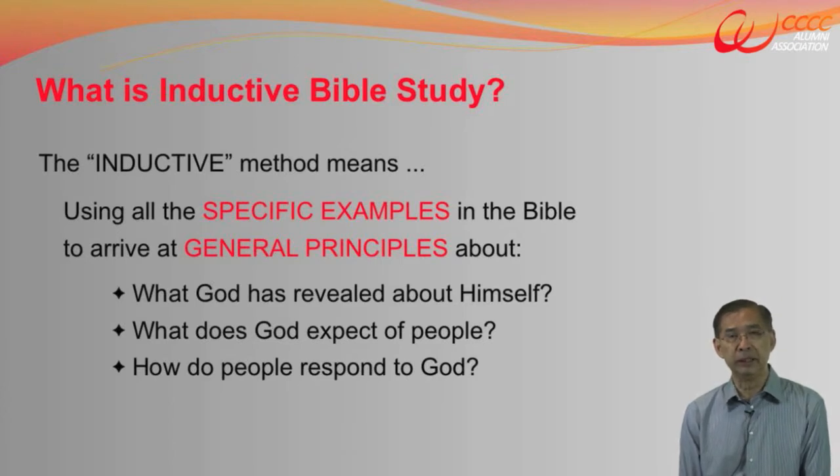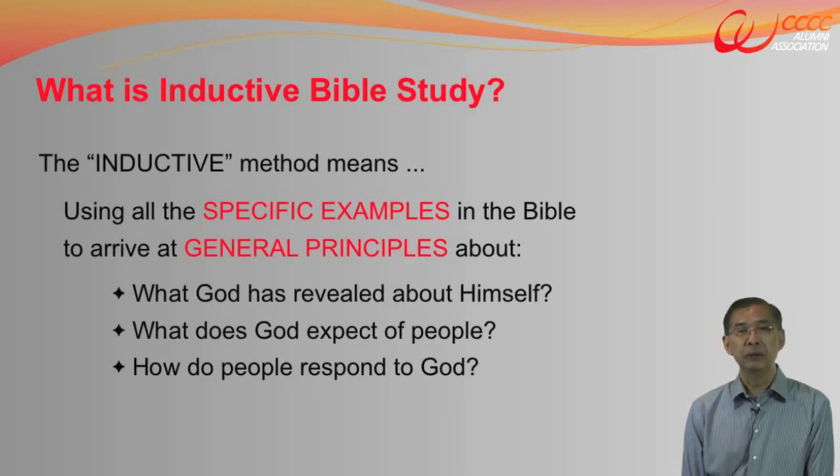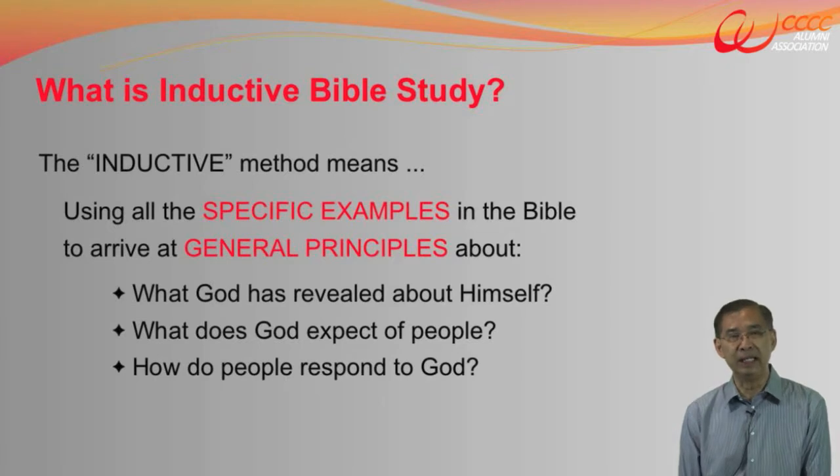Now, to be accurate, you not only study the general principles of how God does these things and how people respond to God using just the example of Abraham. You would study Isaac, Jacob, and all the other major characters in the Bible, to arrive from specific examples of the Bible at the general principles about how God does these things, and therefore arrive at the proper understanding of how we should respond to God ourselves today. So that last part, how we get involved, is called application.